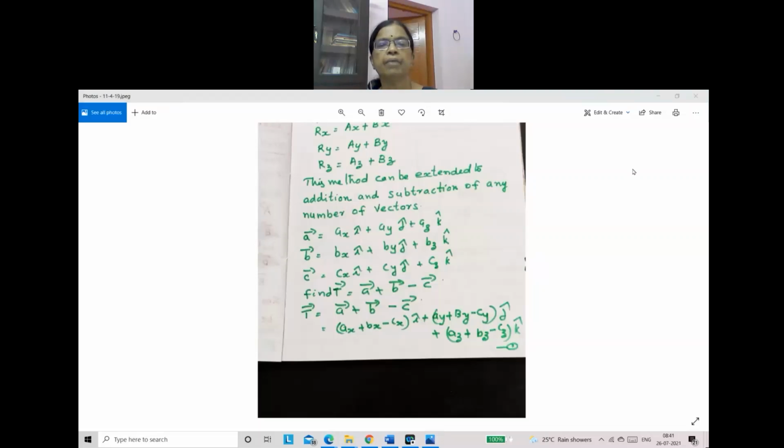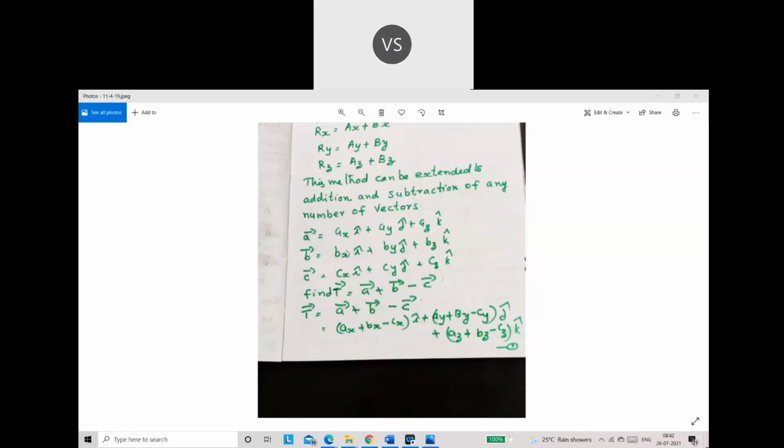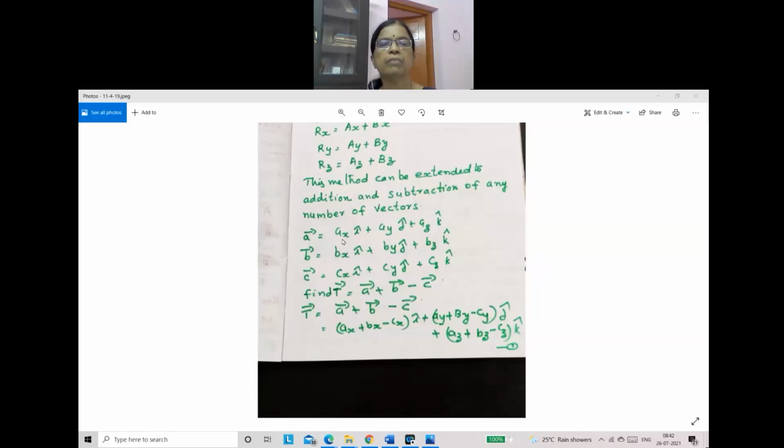Okay. Hello, teacher. Tell what is A plus B minus C? That is what we have to do next. Same way we can subtract. So when you add, what are you getting? A plus B. Add the components and tell. I components. Ax I cap plus Bx I cap. I is common, no? So it can be taken outside. So what can we write? Ax plus Bx. Then we have to subtract vector C.